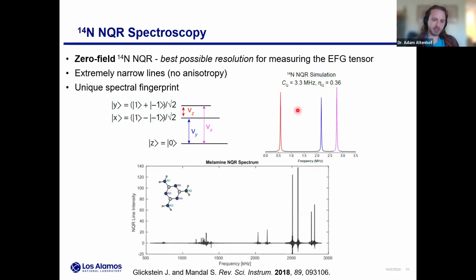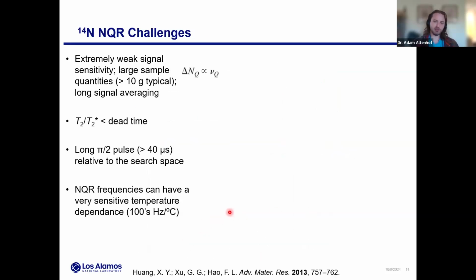Now, revisiting our friend melamine here, I mentioned this is sort of a problem at high field. There are these 6 inequivalent nitrogens. If instead we do the zero field NQR, there's 6 sites, so we expect 18 NQR lines in total. And we actually resolve about 15 of them quite readily. Some of them get pretty low in frequency, so the SNR takes a big hit. But nonetheless, this is sufficient information to do individual site identification and get the tensors. And again, this is more like what most NMR spectroscopists are used to, this sort of higher resolution spectrum, if you will, more like what we want in the detection context.